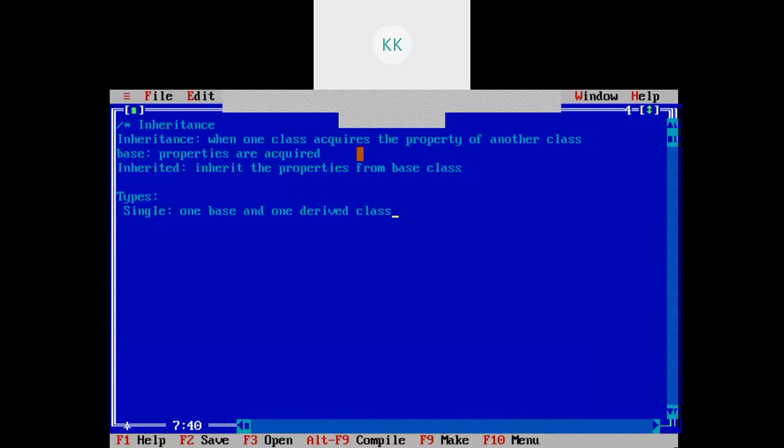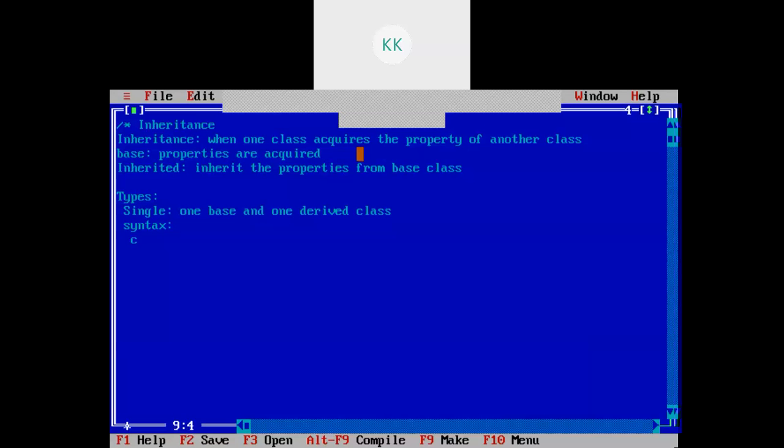That is, there will be only a single base class from which a derived class can acquire the properties.